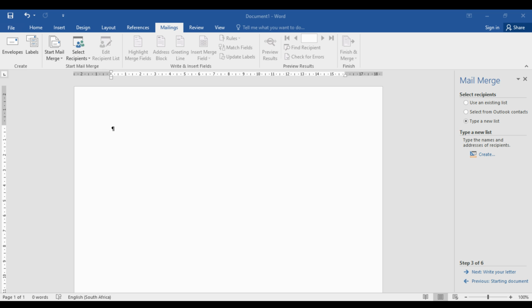Next, okay, if I can just start at the beginning, you want a letter. You want to use the current document because you've created it now. You want to use an existing list. Okay, next. And then you've already written your letter. So and now it's very important. Okay, so you can just say next, but now they only ask you